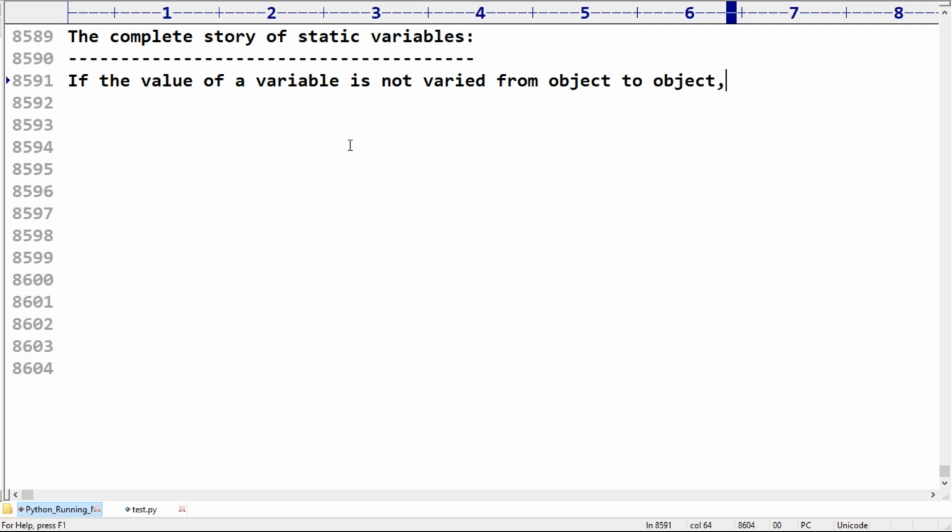If I declare it as an instance variable, a separate copy will be created for every object, which wastes memory unnecessarily and brings performance down. So such variables we have to declare as static variables. If the value does not vary, it is highly recommended to go for a static, class level variable.